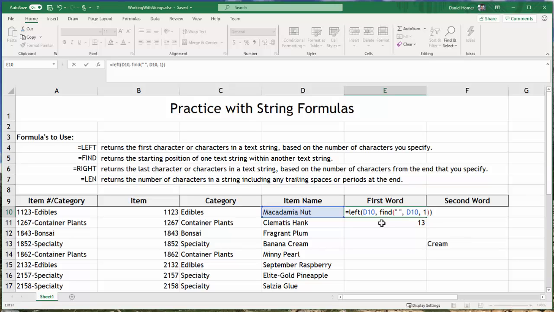This is now saying, hey, left formula, look in D10, and I want you to go a certain number of characters. But wait, while you're there, calculate to find the position of the space, because that's the number of characters I want you to go. So find calculates the position, reports it to left, and I press enter, and now I have macadamia by itself